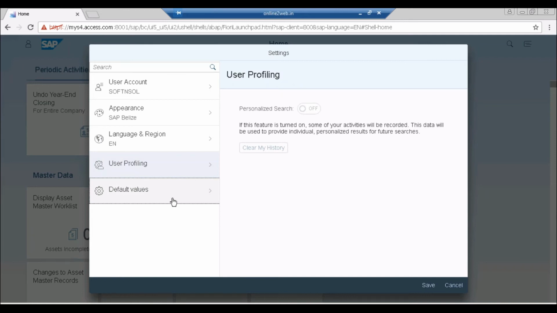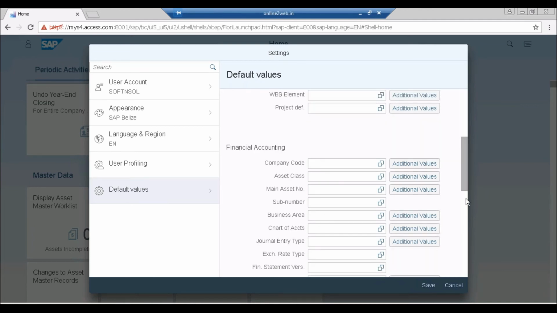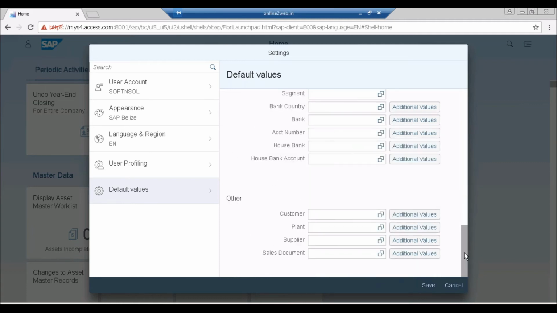Even the default values. For example, I am assigned different kinds of transactions. Every time when I create a purchase order, the system asks me which plant I want to create it for. I have the responsibility of 2 plants, but most of the time I create a purchase order for a particular plant. That you can also specify here. From the controlling point of view, you can specify the controlling characteristics, you can specify the financial accounting, you can specify the financial supply chain management. As of now, these are some things which are available. So you can specify the plant here. This is what you can do at your own profile settings level.